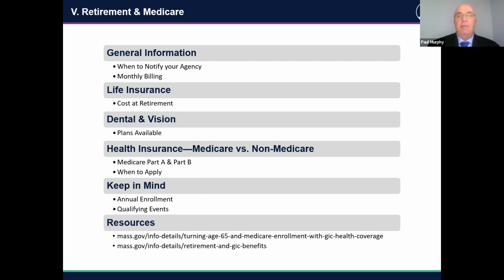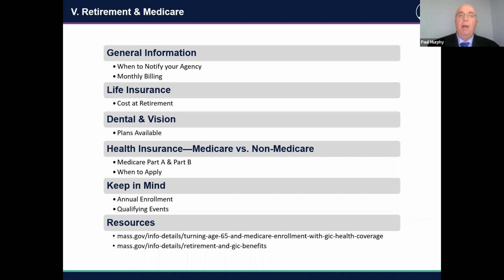Medicare Part D, this is a pharmacy component with Medicare. As a retiree of the Commonwealth, if you have insurance with GIC, you do not need to enroll in the Medicare Part D. All of our Medicare plans offer prescription drug coverage. So there's no need for you to enroll in the Part D prescription drug coverage with Social Security. However, there is a requirement that if you want to retain your insurance with GIC after you retire and you're age 65 or older, you have to elect one of GIC's Medicare supplemental plans. We offer several Medicare supplemental plans. You can choose any of those plans when you reach age 65, or if you are age 65 or older